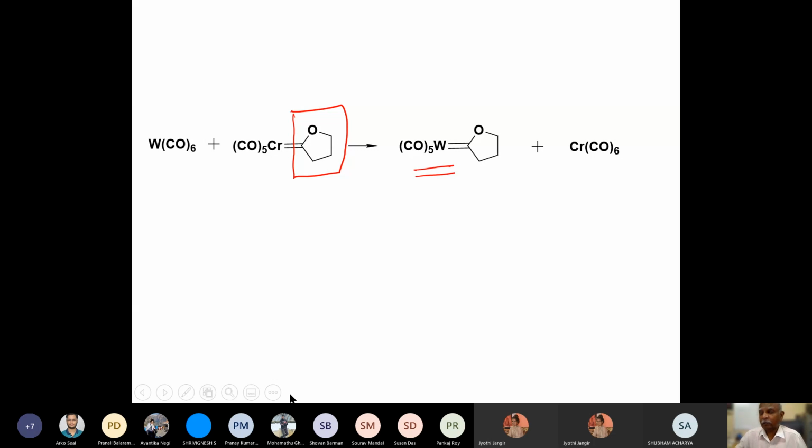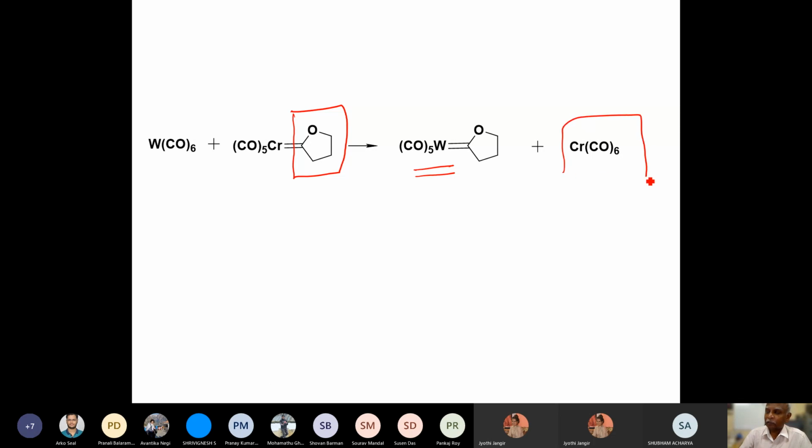Here, I would like to describe this equation or reaction as follows. It is a tungsten which calls the shots. Tungsten forms stronger metal carbon bonds than chromium. So what is happening here is that the more stable tungsten complex is formed. Tungsten would like to get rid of one carbon monoxide and have a weaker pi acceptor in the transposition. So that is something that would lead to a more stable tungsten complex. Chromium, on the other hand, forms weaker metal carbon bonds. And this presumably goes through some kind of an intermediate where you would have a bridging species.